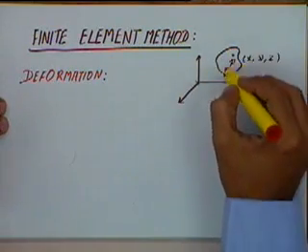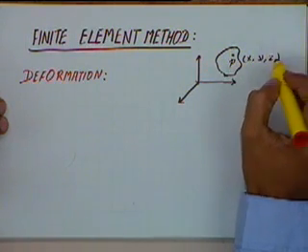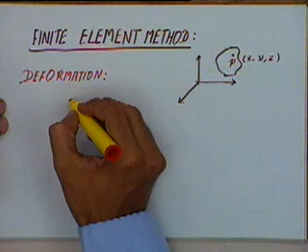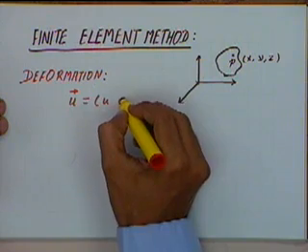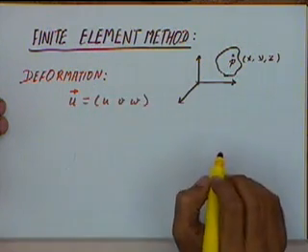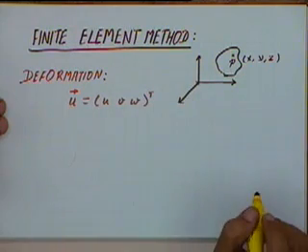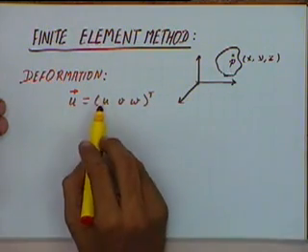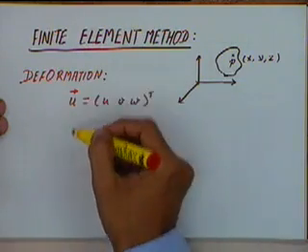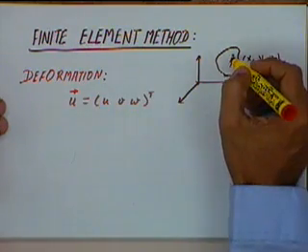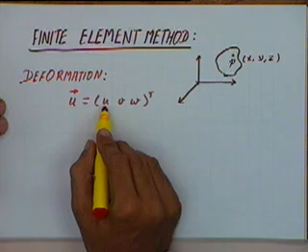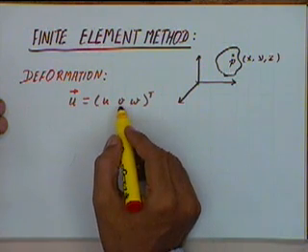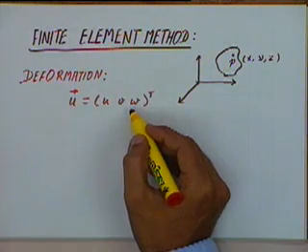In terms of notation, if you have any three dimensional entity and in that there is a point P given by x, y, z, then the deformation at this point P, that is a vector u, will consist of three deformations, u, v and w, and we will represent it as a column vector. So a column vector u, v, w will be the notation we use for the deformation at any point P. This deformation vector u will have three components: u for deformation in the x direction, v for the y direction and w for the z direction.